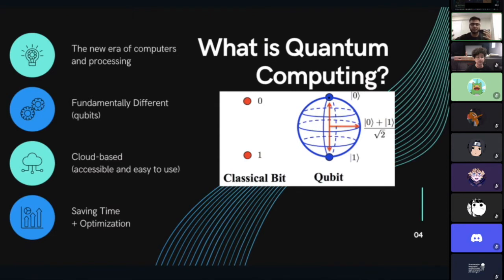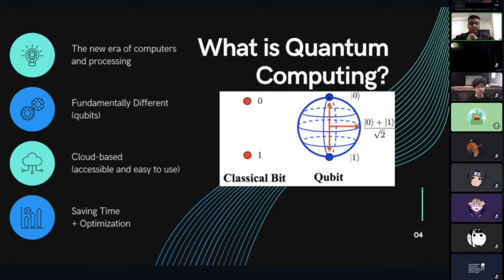Just to give you a statistic, one of these problems would take a regular computer 1,000 or 10,000 years, but for a quantum computer it would take mere minutes, or I think 120 seconds. You can research it, but that's that specific type of problem. So they're definitely giving a lot more processing power.